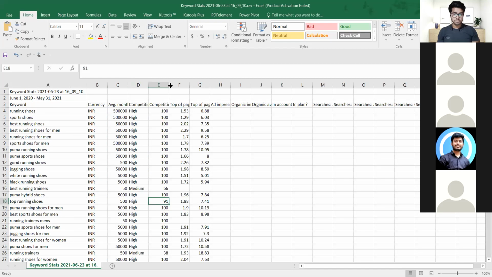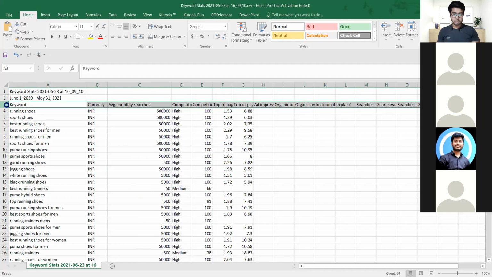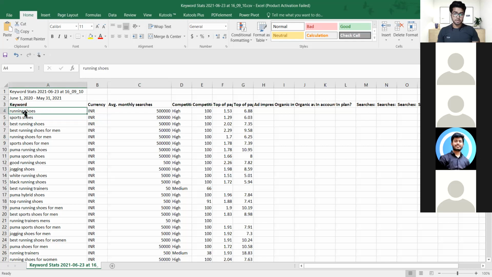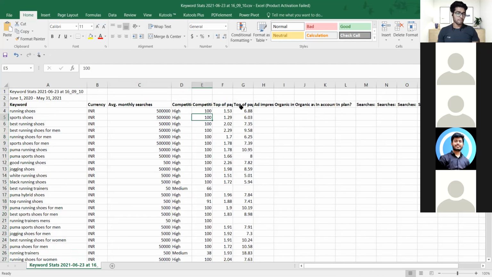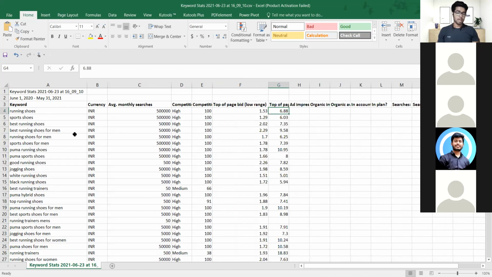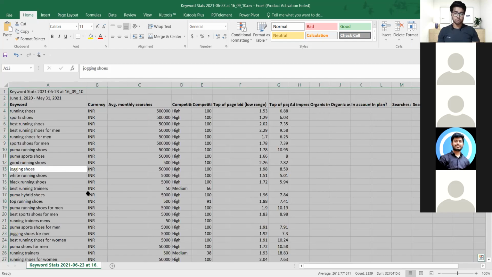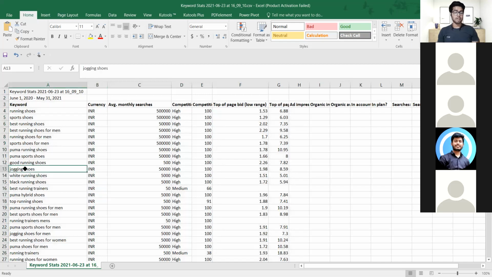Yes. Now you have the data like this. You have keywords. You can just make it broad. And you see this, all the keywords are here. You can see the pricing, competition level, average monthly searches, and all, like everything you have right now. And if you want to filter it out, I have to take out a few keywords for this jogger shoes, for very highly targeted audiences, those who are into jogging and all, because people are now into fitness after COVID. People are finding this kind of shoes right now. So you can use this kind of keyword, highlight here.